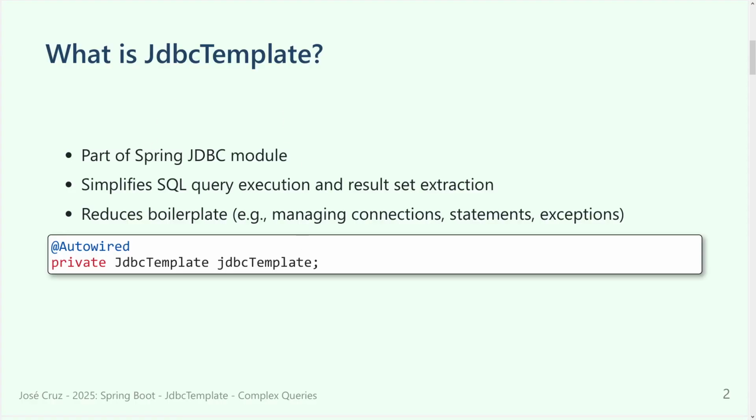So again, what is JDBC template? It's part of the Spring JDBC module and simplifies SQL query execution and result set extraction, meaning at the end of the day, you need to perform queries and map them to entities that you have, Java classes. You can just do something like this. You put this in your bean, private JdbcTemplate, you autowire it like this, or maybe use constructor injection, and by default you have access to the database, a connection will be open for you, even a data source will be injected here, which will be the default database. Of course, you can customize this using configuration beans, where you explicitly create a JdbcTemplate or a data source yourself. That's possible. I also created a video explaining that,